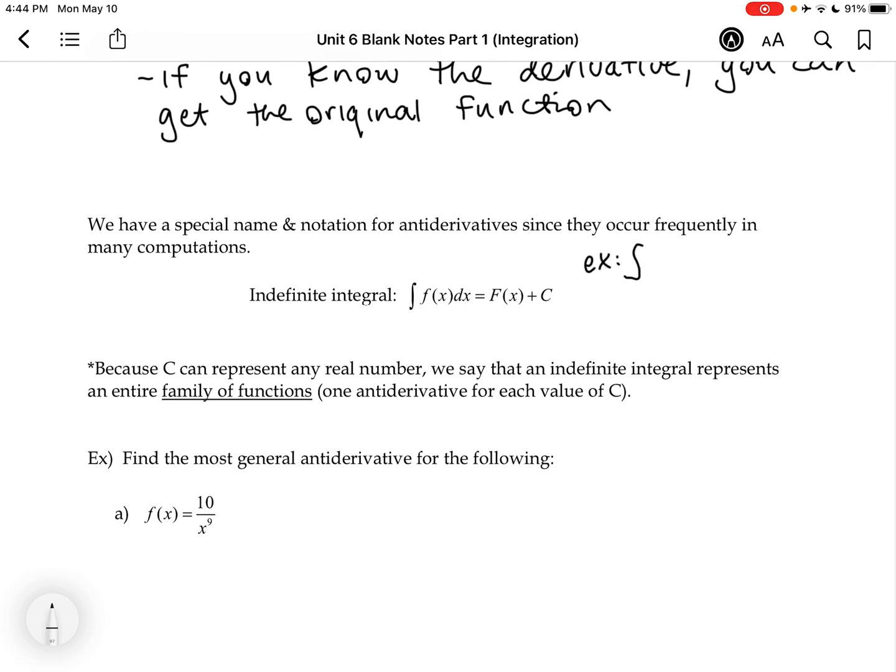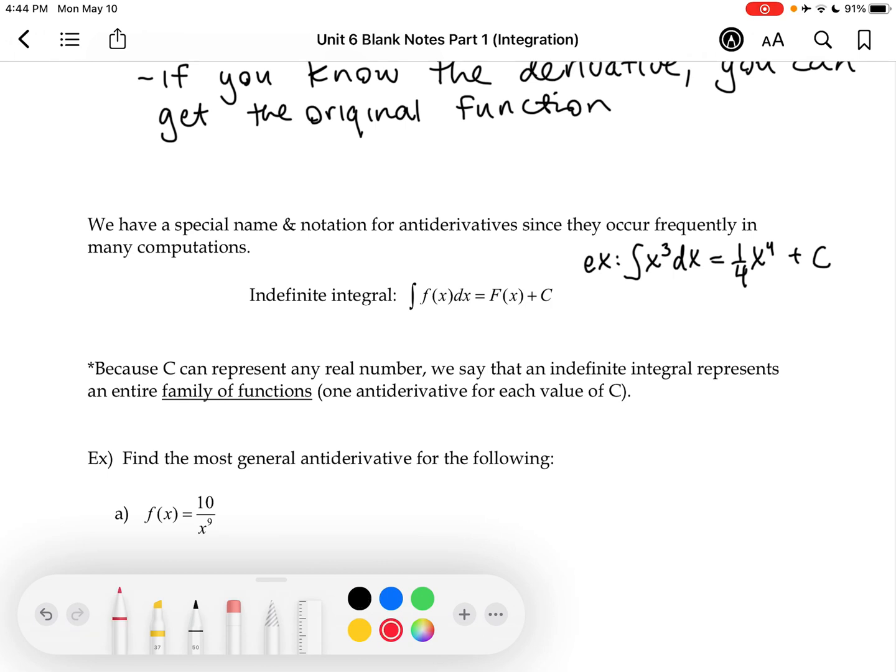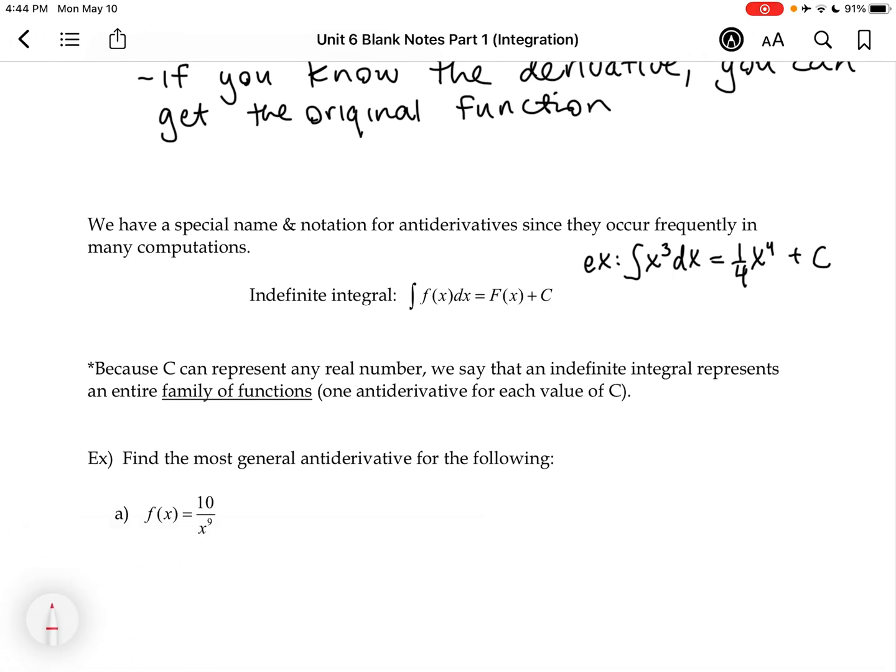The integral of x cubed dx equals a quarter x to the 4 plus c. Okay, so this part is like the derivative. Whoops, my pen just conked out. And this would have been the original function. Okay, now